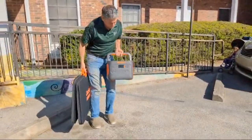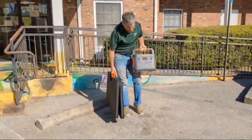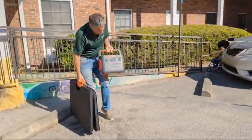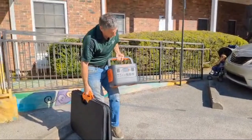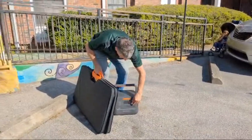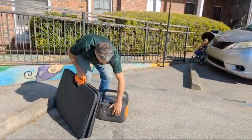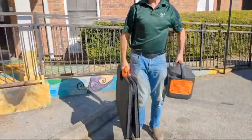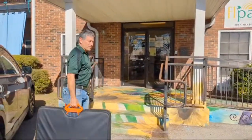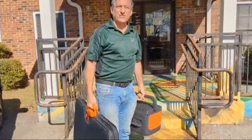So this has three 110 volt outlets, two USB-A's and two USB-C's with 100 watt max. The USB-A's is 18 watt max, and then the AC is 1000 watts, pure sine wave. So great for electronic equipment. And it also has a DC 12 volt output like you have in your car. It's got a display, and then on the back it has these inputs for AC power and a DC input, two of those. So a nice lightweight, you'd never be able to carry a 1000 watt battery if it was lead, but with the lithium iron phosphate, you have the safety of lithium iron phosphate, which doesn't have a tendency to explode or catch fire like lithium phosphate. Lithium iron phosphate's the best batteries on the market today,